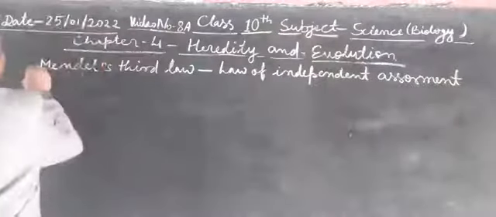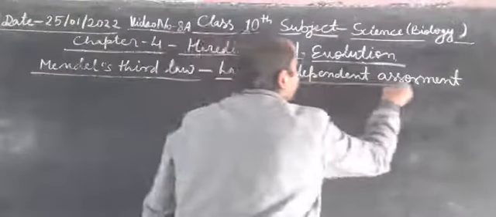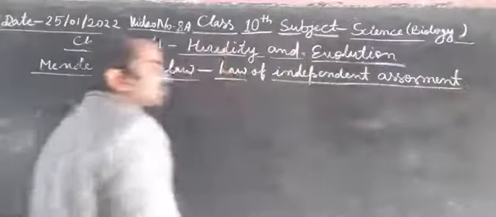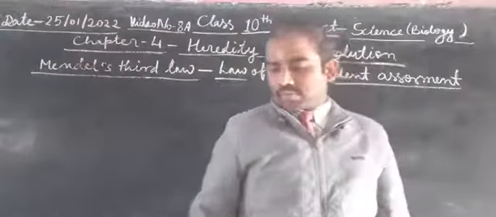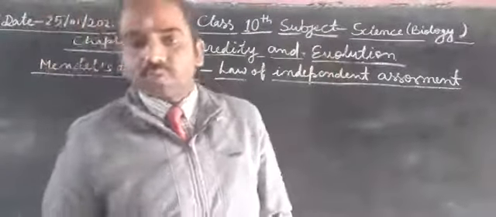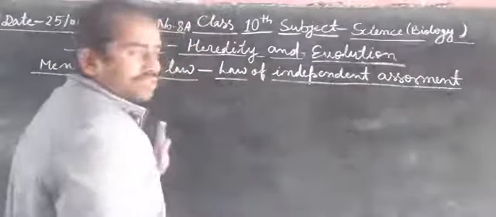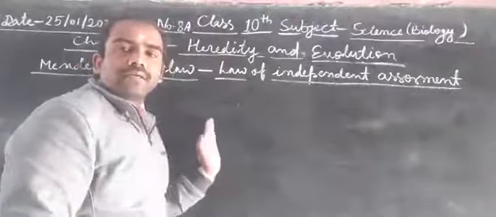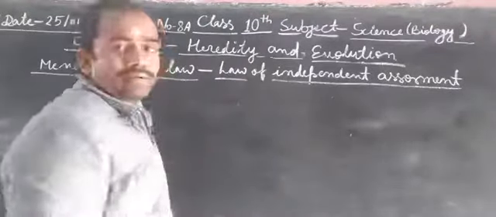Mendel's third law of independent assortment. Okay, now students, the Punnett's square method. In this, to explain this law,